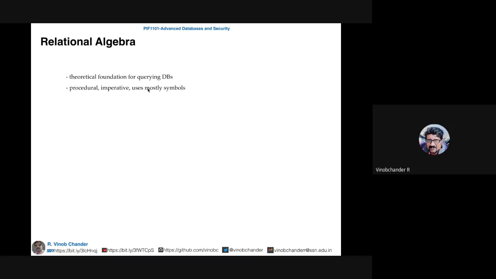And also, relational algebra, unlike languages like SQL and other programming languages, wherein you have an English-like syntax, just makes use of symbols, right? You don't make use of English keywords, of course, apart from any particular name, which essentially is an English keyword. So apart from that, everything is symbols in relational algebra.